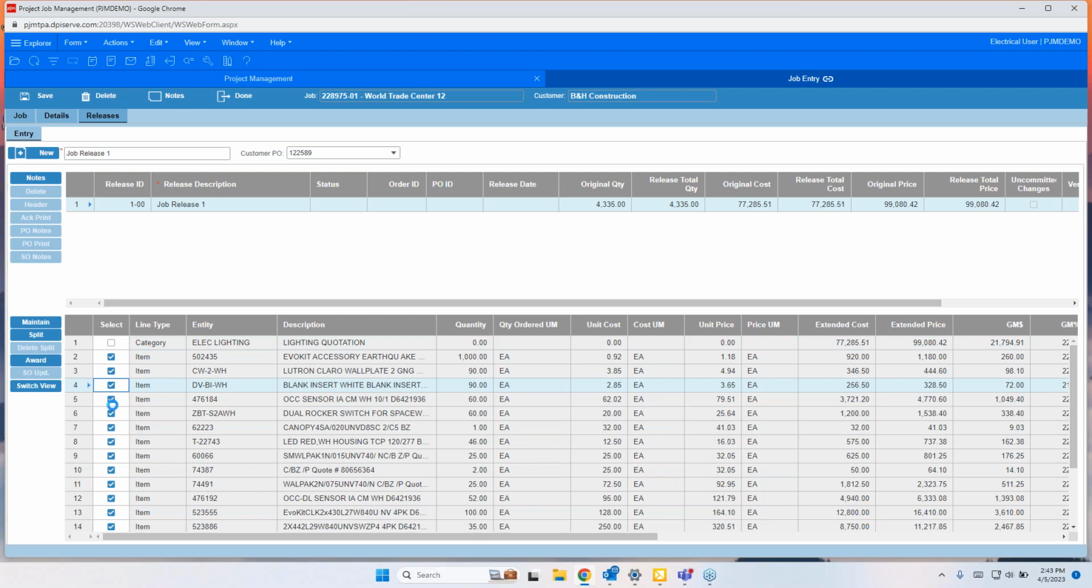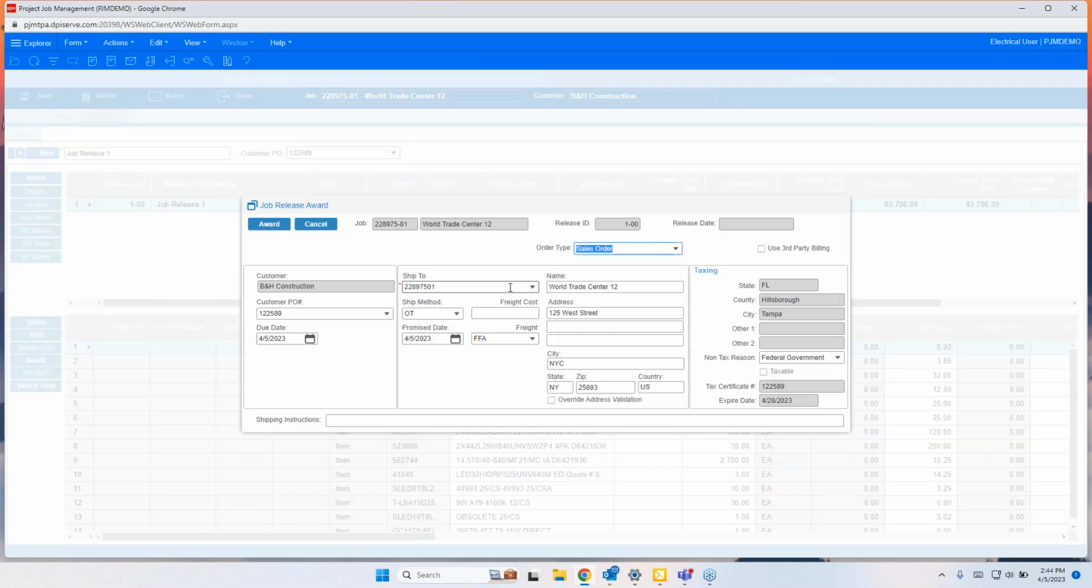Let's say I didn't want to release these couple items. So I can turn these guys off. Or maybe I wanted to release them in 2 different releases, right? So I'm going to go ahead and release these like they are. So I'm going to award that out. And this basically takes me to the page on